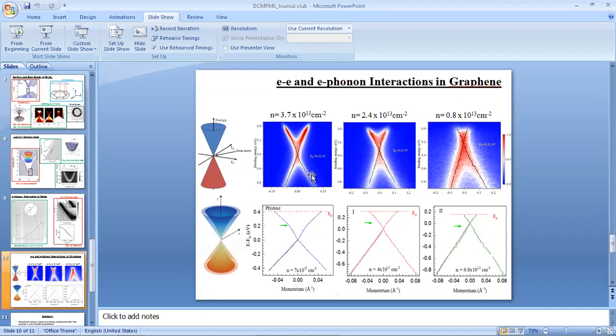Oh, okay. The bottom panel is the same as the top panel. Just for clarification, the 0 is my Fermi level. The bottom graph I am showing is where the two bands are crossing, and in the top, with respect to the Fermi level, there is a clear deviation from linearity. So I can easily see this is the electron-phonon interaction. No, here also I have this deviation. This is my Fermi level. Here I have set the zero energy at the Dirac point energy.